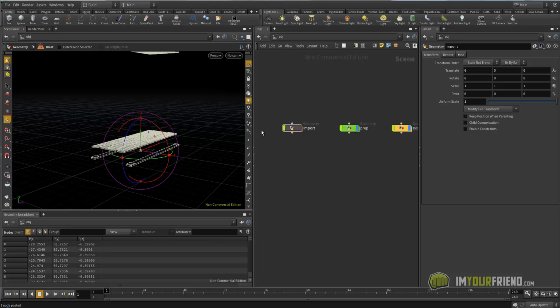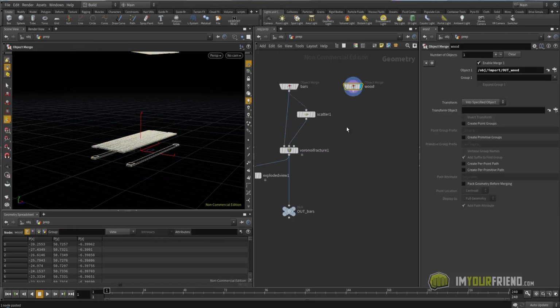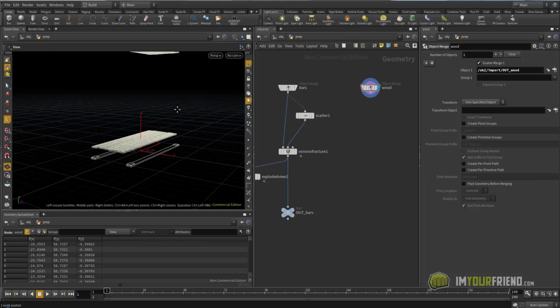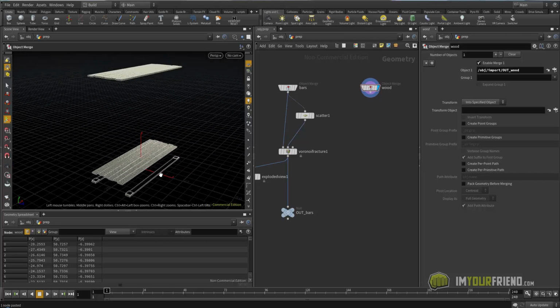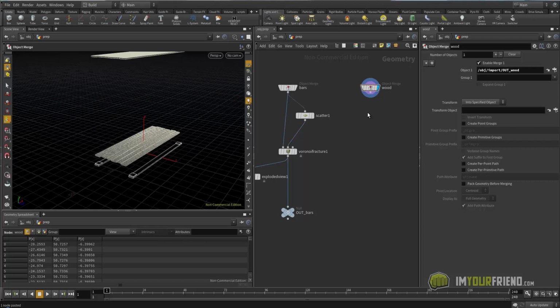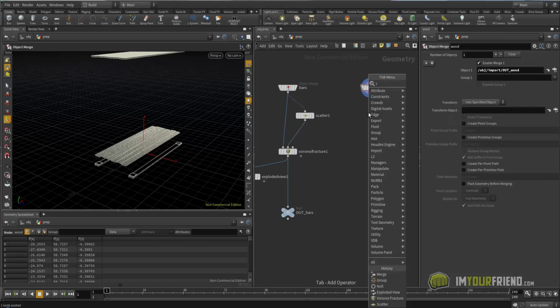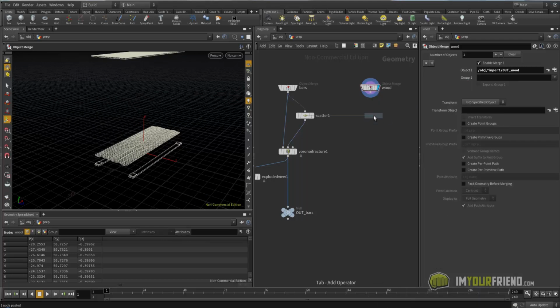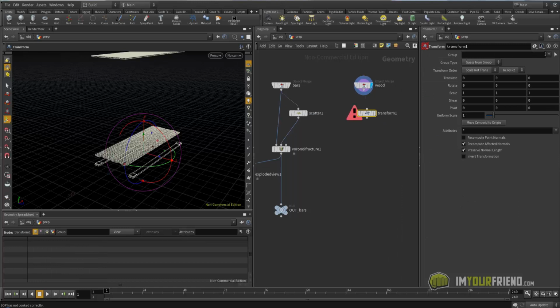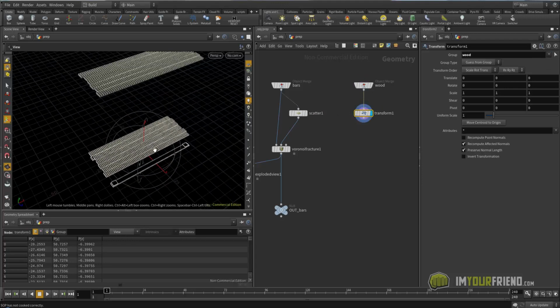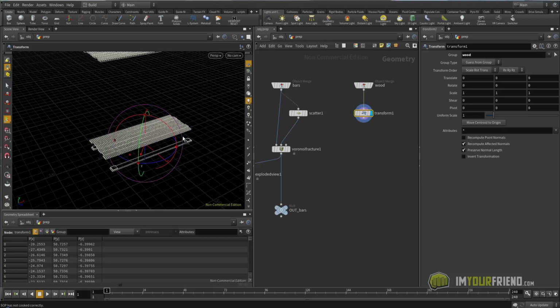Let's step back out, go back into prep. All right. So I only want to apply this splintering to the wood, not the wood base. So I could just do this. You go transform. So here, up here, I can just tell it to use it on wood. All right, so this is how we do this. This is kind of cool, but it's really simple.